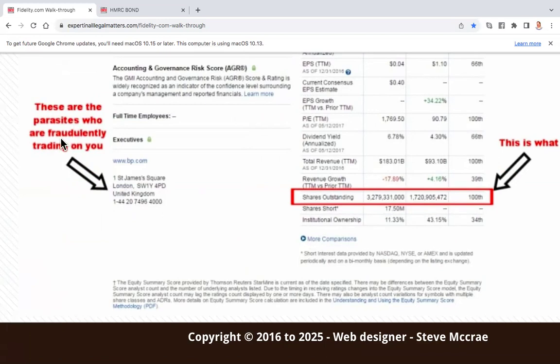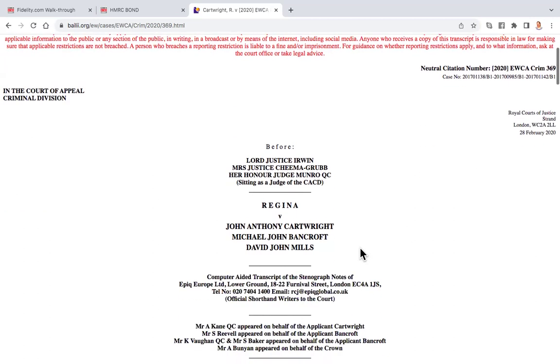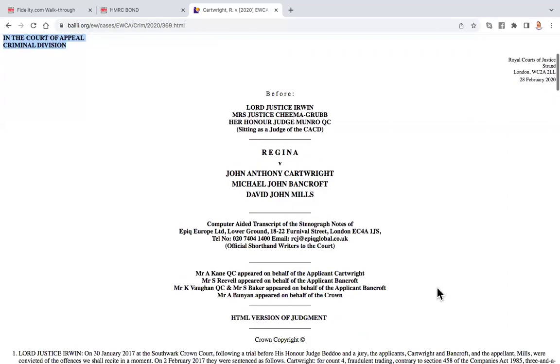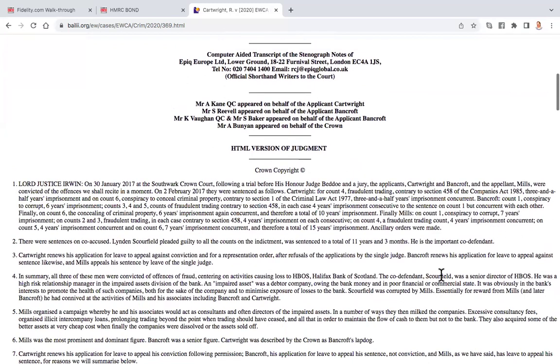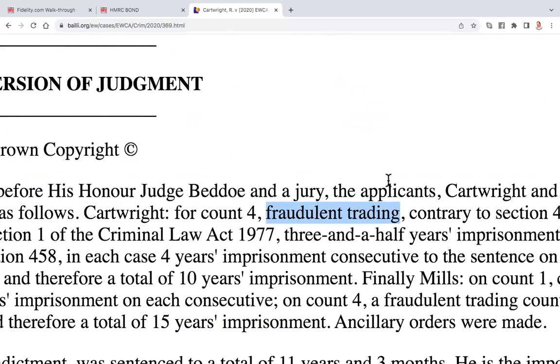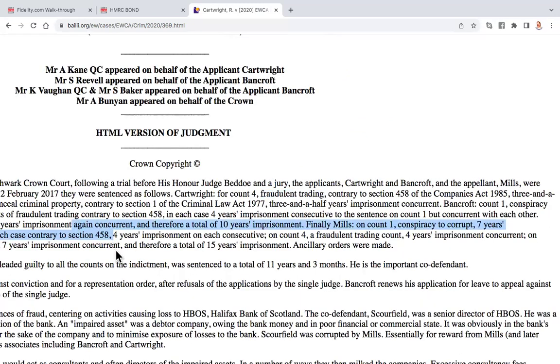So now, taking that word, fraudulent trading, Trevor Meelam will tell you the names of the defendants that got away, but these 3 were jailed, and they said to the Criminal Appeals Court, we want our sentences reduced. In the first paragraph, the Criminal Appeals Court didn't reduce the sentences, but in this first paragraph, contrary to section 458 of the Companies Act 1985, you can't prove that even the banks don't know that they're fraudulently trading our